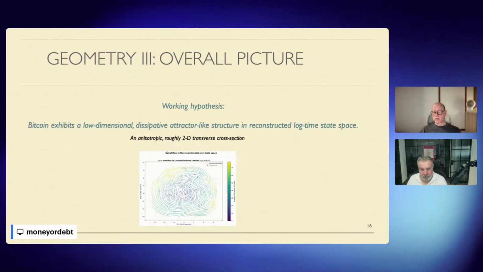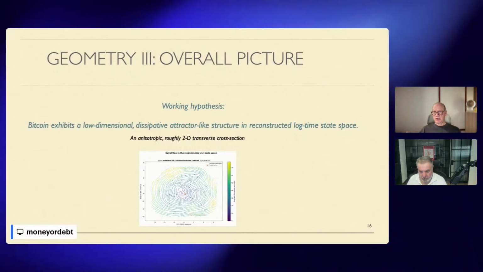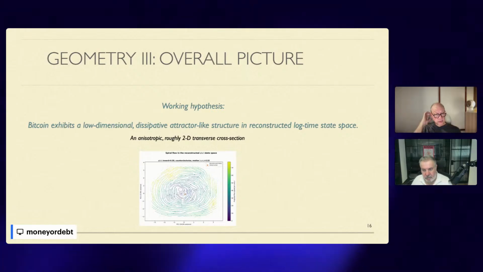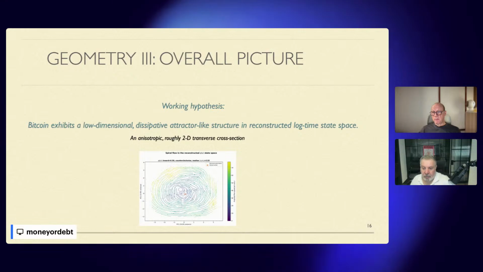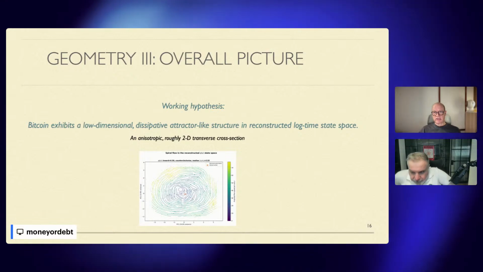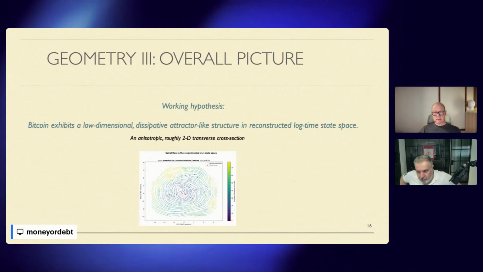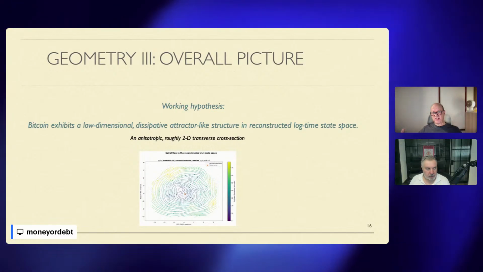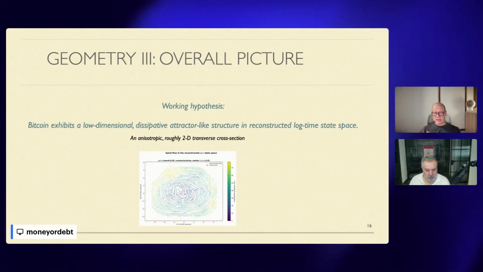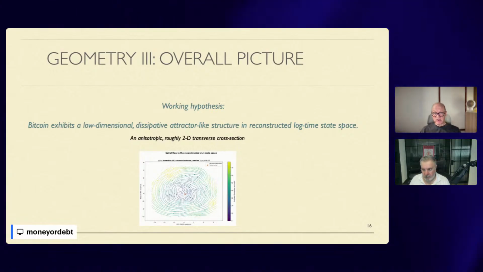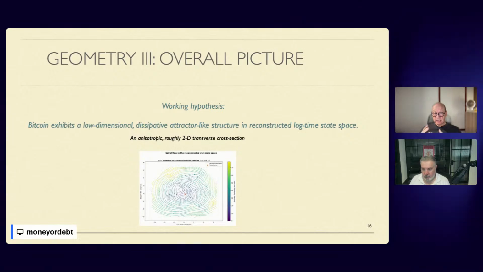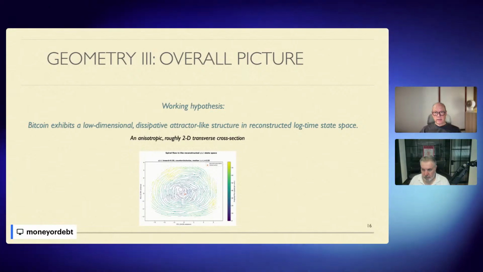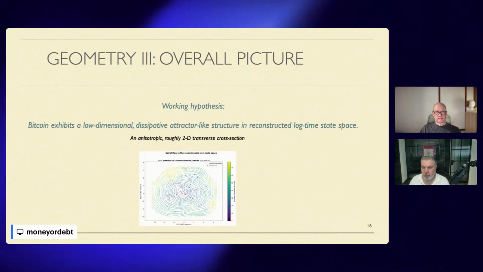So let's break that down. We build a state space in 6 dimensions. We do everything in log time. Reconstructed just means we don't know what the true state space is, but we're building some model of it. Attractor-like means that things have this stability, right? It just doesn't fill the whole room. It's not like a strange attractor where things are very, very tight, but it's got a general compact dimensionality with this transverse cross section.